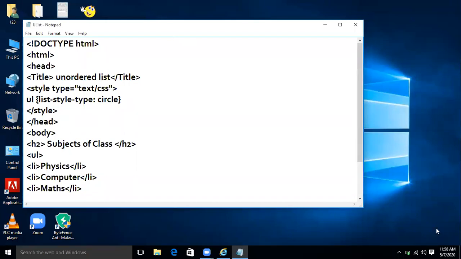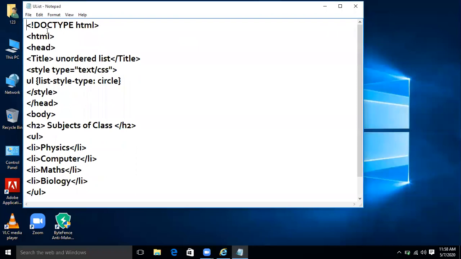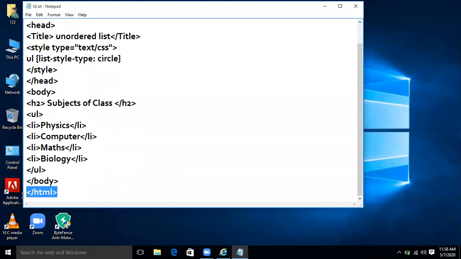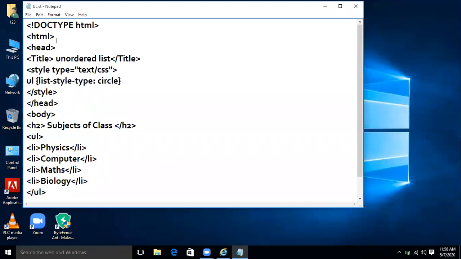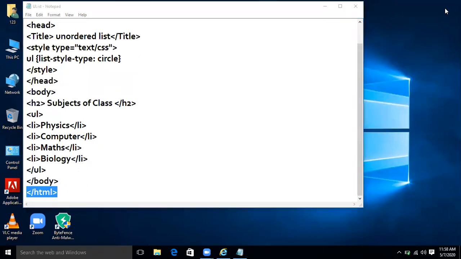Number one, whenever we are going to write the code for HTML, we write this top header, doctype HTML. It defines the type of the document that we are using in our HTML file. It starts with doctype HTML. HTML starting and HTML closing tags are always there, which shows that these are the two tags. Between them you are going to write all the coding, all the tags of HTML coding that you will do.